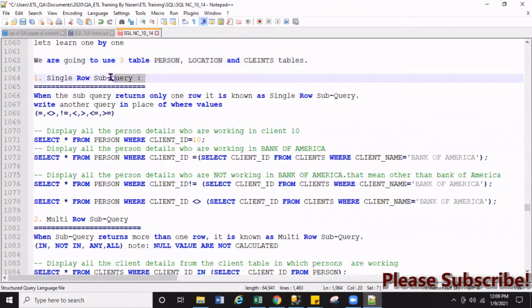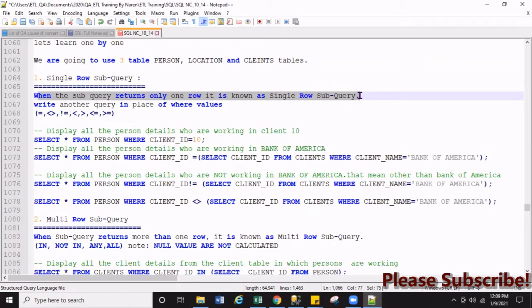Let's learn the single row subquery. What is a single row subquery? It is when the subquery returns only one row. Remember, subquery means inner query. Only one row means only one value, just one column and one value.